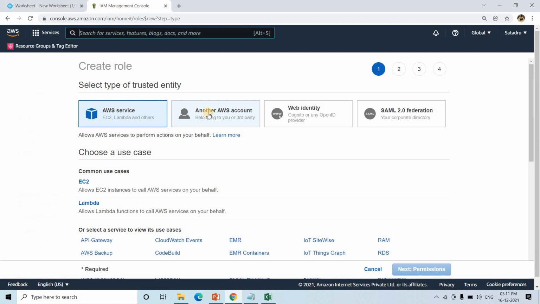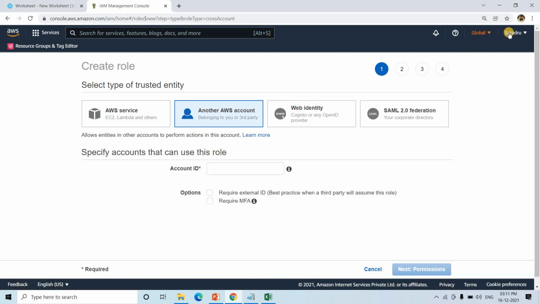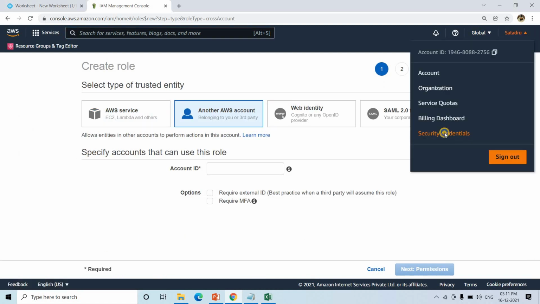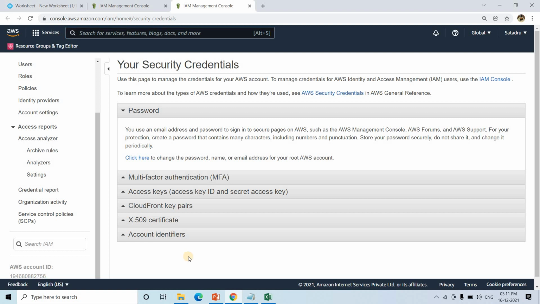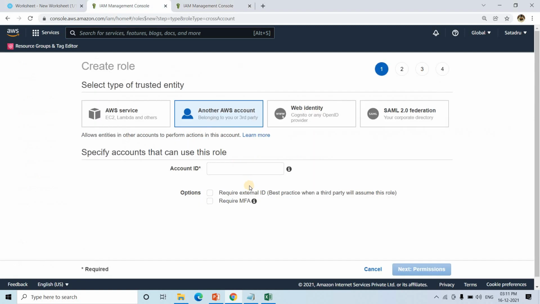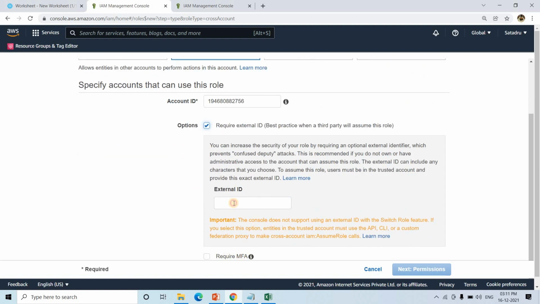So basically I have to create a role for Snowflake, so another AWS account. I'll be taking my security credentials from here. You just put your own. Okay, I already discussed how to create this integration object, so I'm going a little bit fast here. Options I'll be enabling, and the default value I'll be keeping all zeros for the time being.